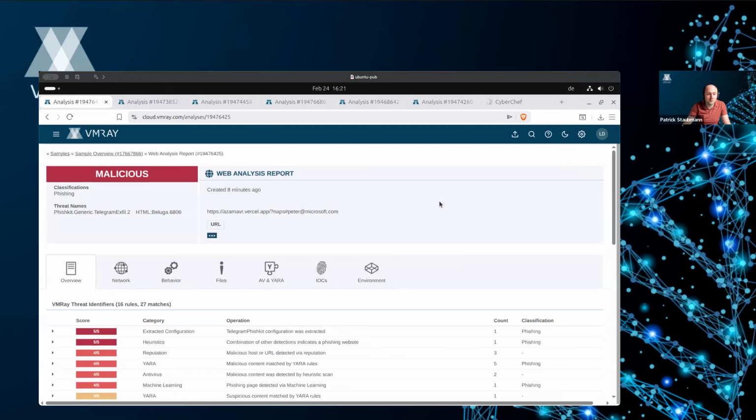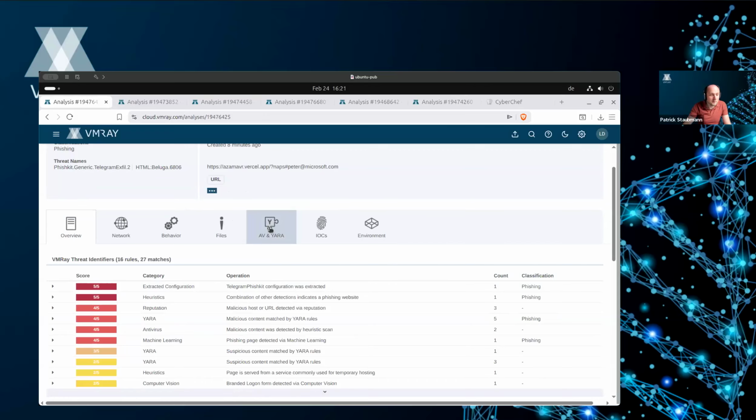We recently came across a couple of these pages. I've just picked one of them here and added, I like the name Peter, just a random email address here. And we all know Microsoft, especially Office 365 login pages, are a very common target of phishing attempts because it's usually used in quite a lot of different environments anyway.